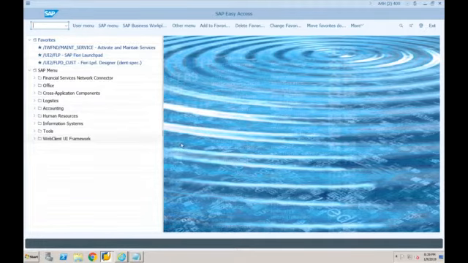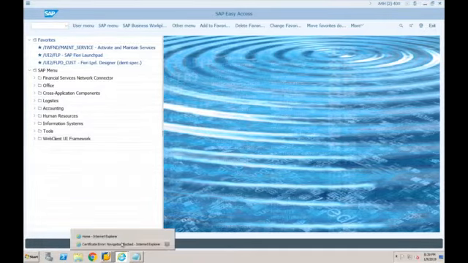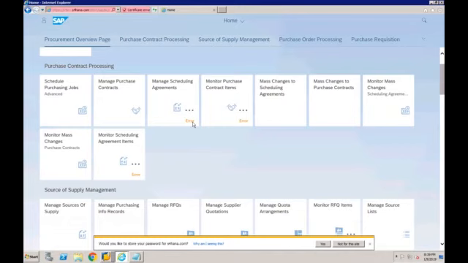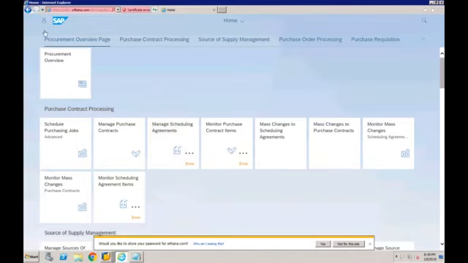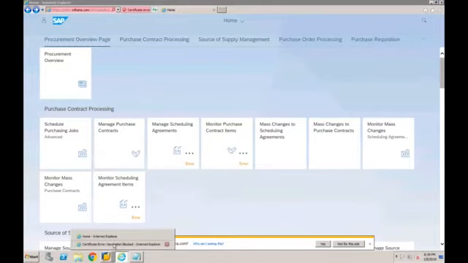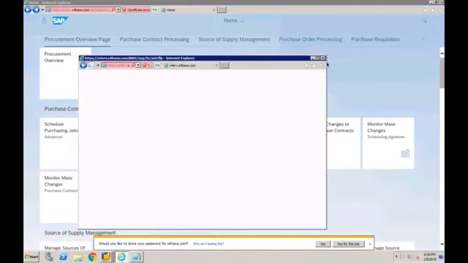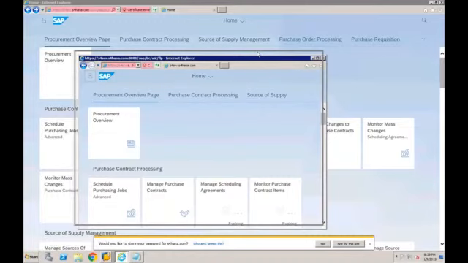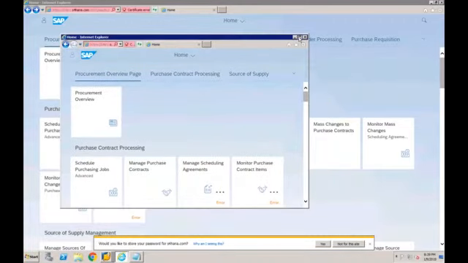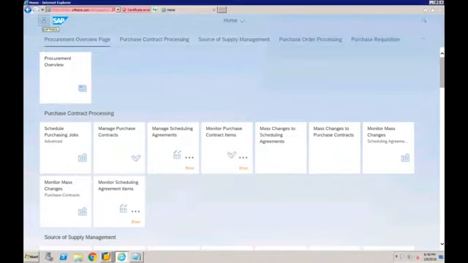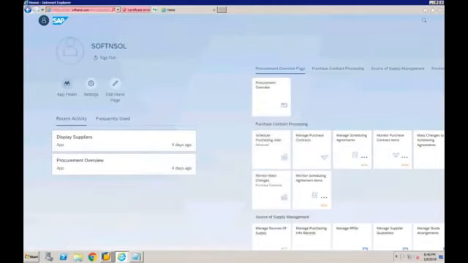Okay. Another thing, what do you mean by Fiori? Okay, Fiori means it is, I think, a French word for flower. And that is the reason when you are trying to connect to Fiori, whenever you are clicking on continue to this website, this first screen, okay, in this case it is already logged in, but let's say if I just click on log off, so here is log off, sign out.